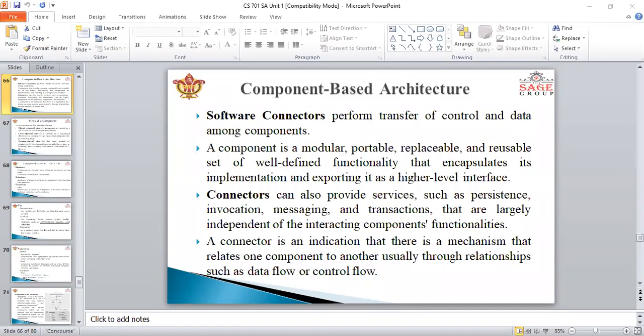And one more thing, component based architecture is focused on the decomposition of the design into individual functional or logical components that represent well-defined communication interfaces containing methods, events, and properties, right?